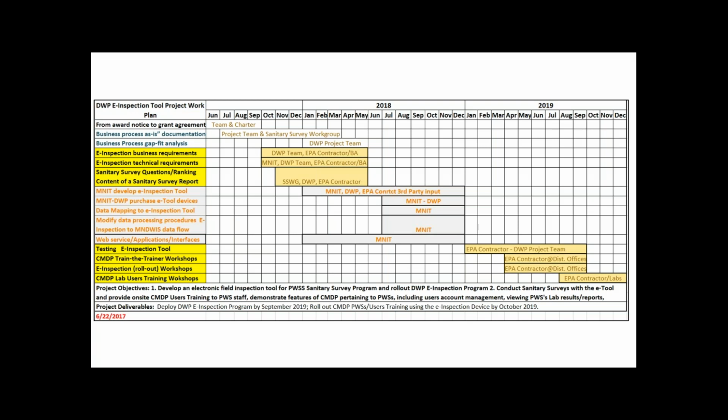So we mapped out this work plan a long time ago, and then things started to shift a little bit. So far, we have completed the first task, number 1. That means we have had a very thorough examination of our sanitary survey process. Our staff spent a total of about 500 hours, but I feel really good about it because the whole group feels that they are moving toward something they wanted for a long time.